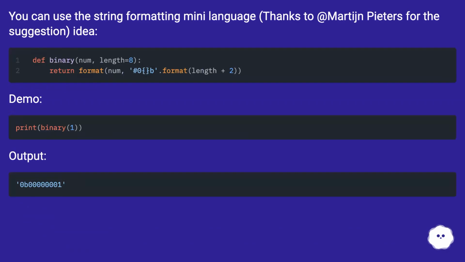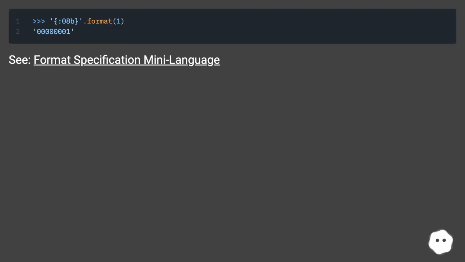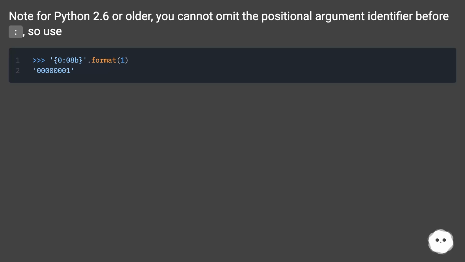You can use the string formatting mini language. Thanks to @Martin Peters for the suggestion idea. Demo. Output. C. Format specification mini language. Note: for Python 2.6 or older, you cannot omit the positional argument identifier before colon, so use